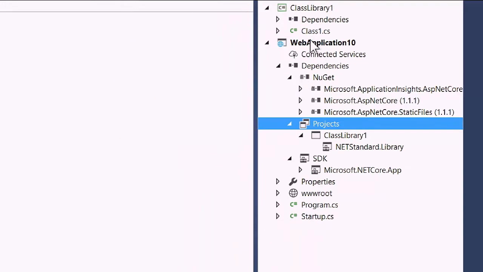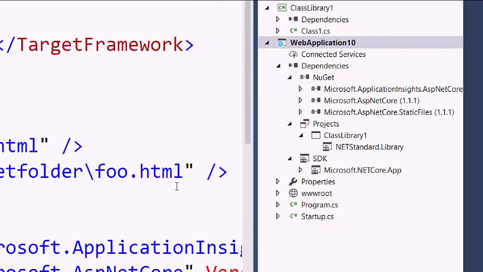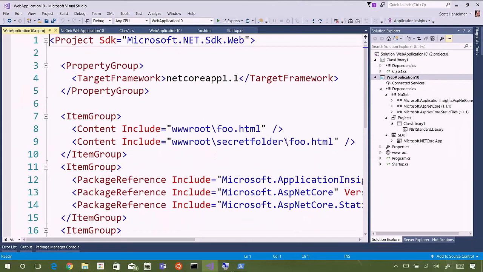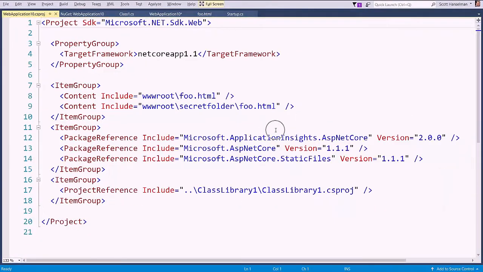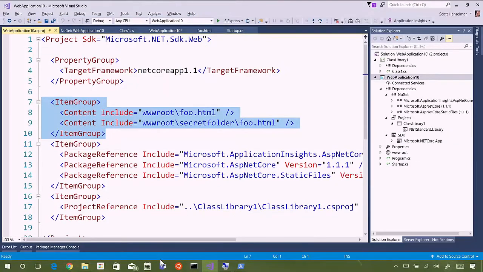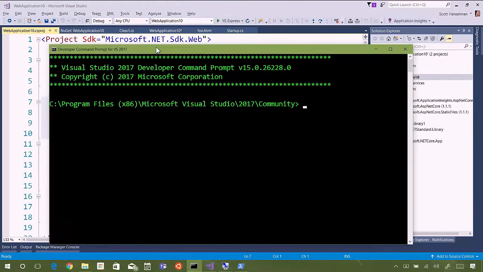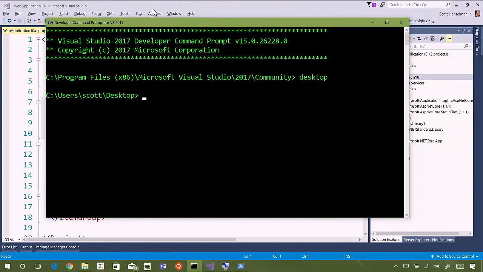So I'm going to right-click and say Edit. And let's hit Shift-Alt-Enter. There it is. So we have our package references from NuGet. We have our project reference. And then just as a little point of note, those couple of HTML files just showed up there as well. All right. And to call back to when we originally talked about .NET from the command line,